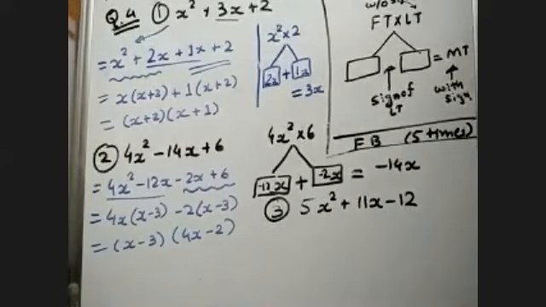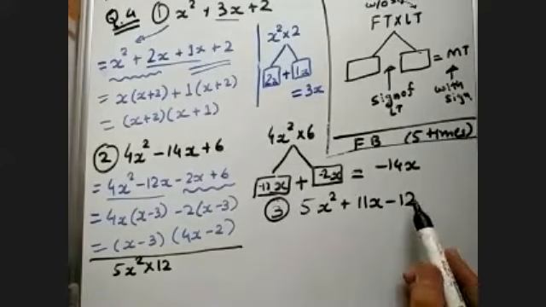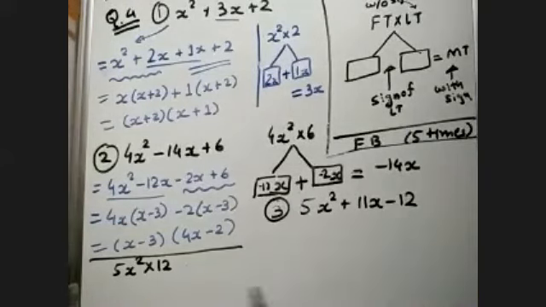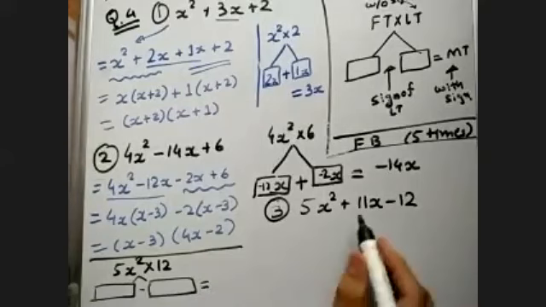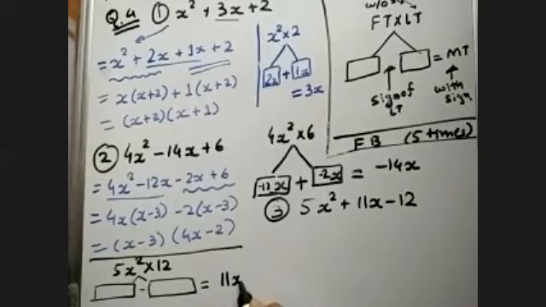Now, here first term into last term. So my first term is 5x square. My last term is 12. I'm taking it without sign. The sign is not to be taken. Now I have to find its factors such that I'm putting the sign of the last term, minus, in between. I will get my middle term with sign, that is 11x, and its sign is plus. So first of all, x square will be divided to x and x.